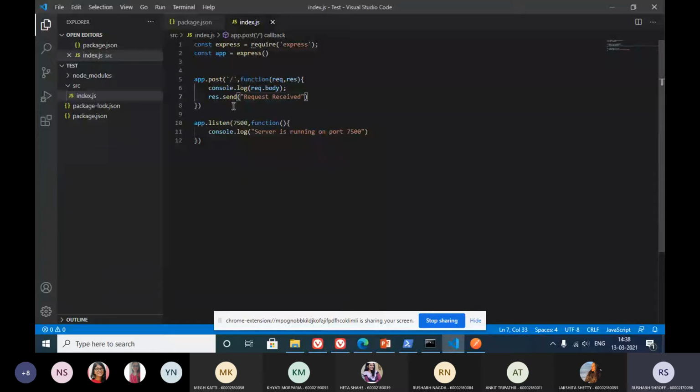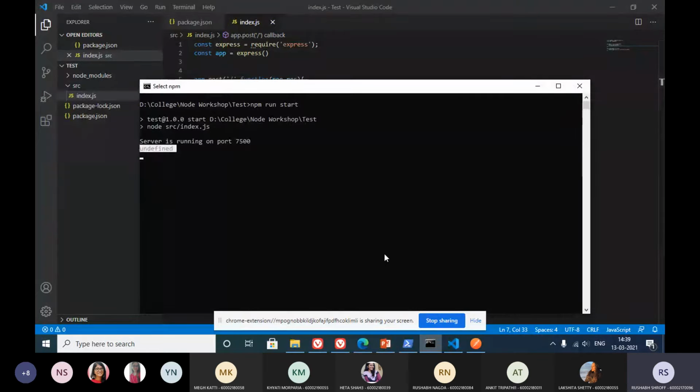So in order to parse that, we have one more module we are going to use, which is body parser, which is basically used to parse the content of the body, depending upon the content we are assuming we are going to receive.